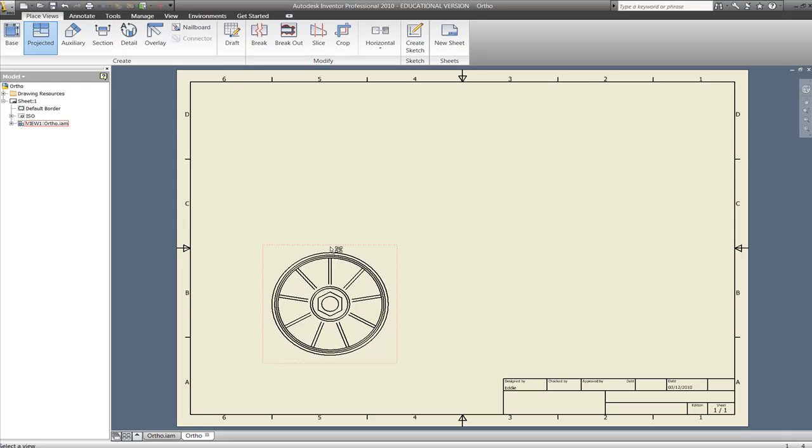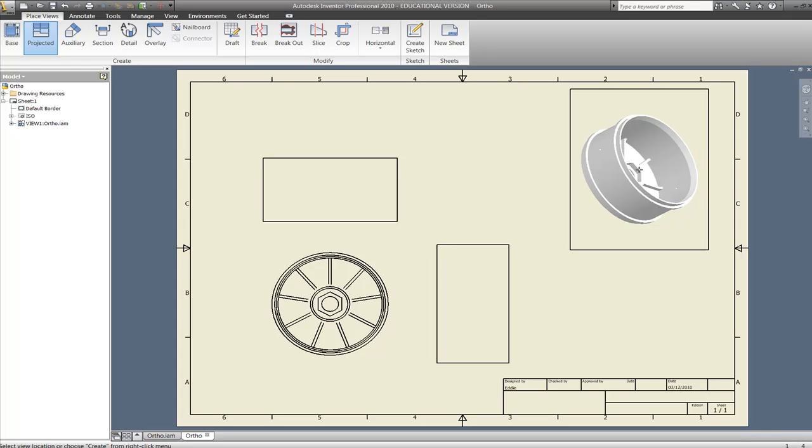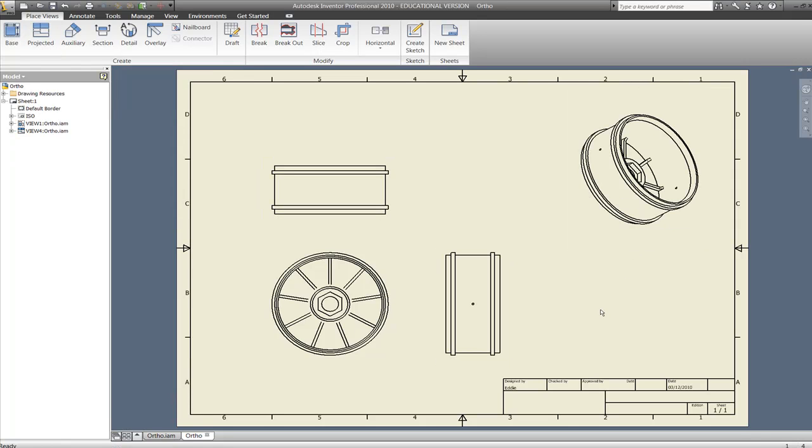and I'll click once on the base view, and the software knows that the projected view has to come off this view, and I'll left click to position the plan. I'll pull into the correct position for the end elevation and left click again, and I'll pull along and up into the position for the isometric view and left click again. And when I've finished placing projected views, I'll right click and say create, and the software automatically generates the projected